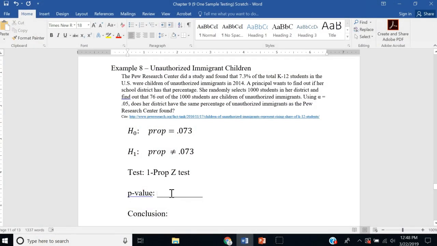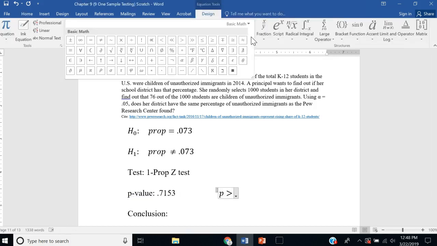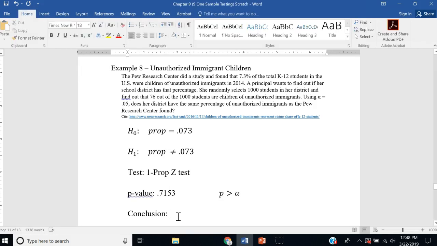P-value comes out to 0.7153. That is a very large p-value, so that's actually very close. And so that p-value is very large. P is greater than alpha. And so if P is greater than alpha, we're going to say that the proportion